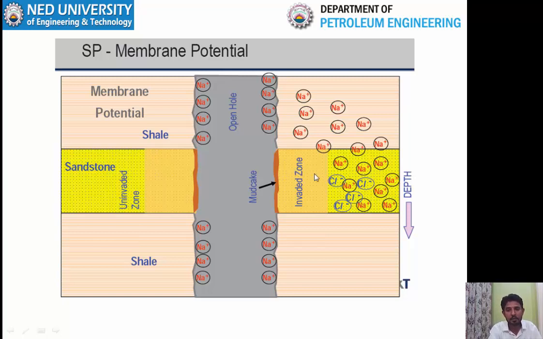So against the permeable and porous formation, you have the natural diffusion that both sodium and chloride ions would love to move from high salinity region to low salinity region, and since chloride ions are mobile, they will move quicker as compared to sodium ions, so you will have the negative charge build up against the porous and permeable formation.